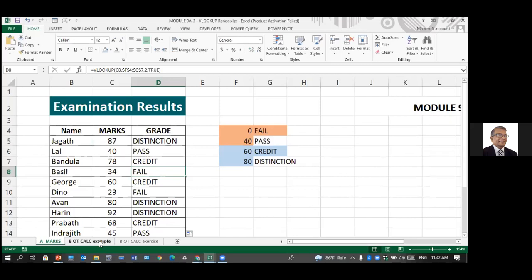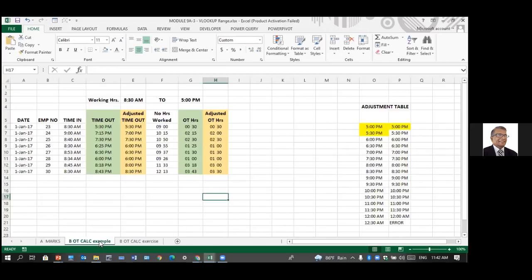OT calculation. That's for you to refer. You know, in OT, when the timeout is 7:15, if you're calculating the time with half an hour ranges, then you round it off to 7 o'clock. 7:30 is 7:30. 6:25 to 6.